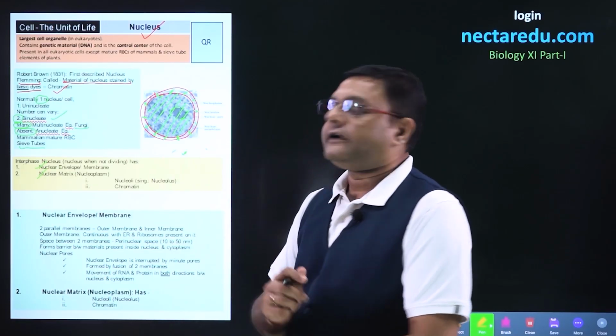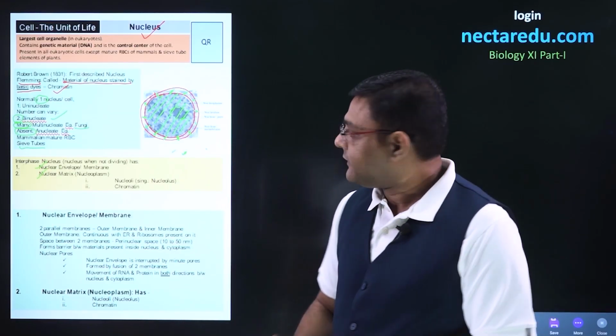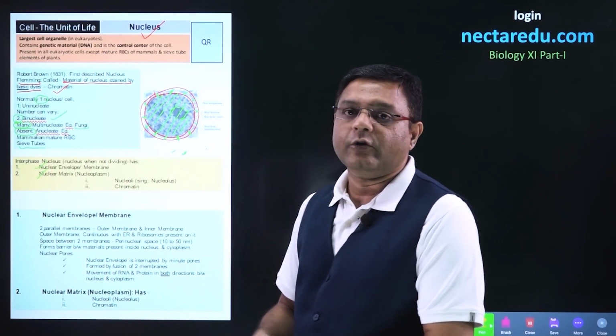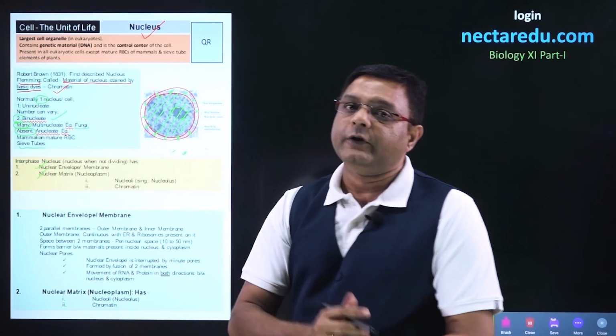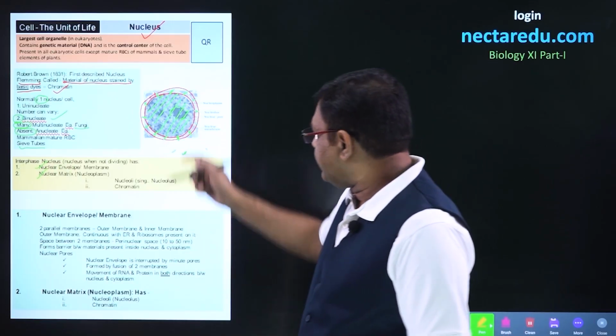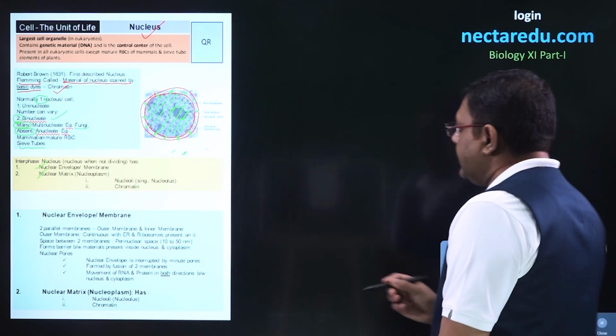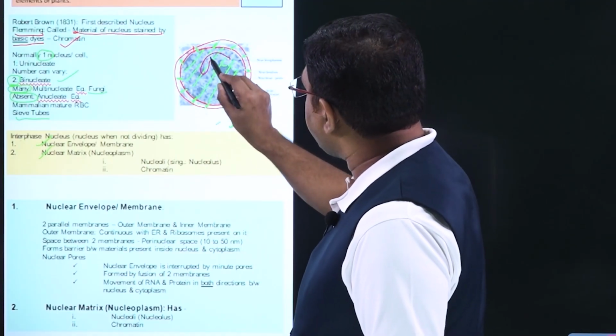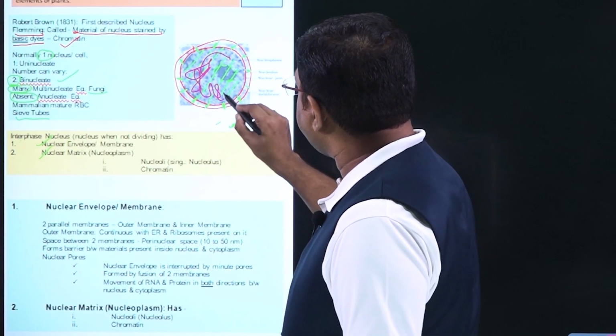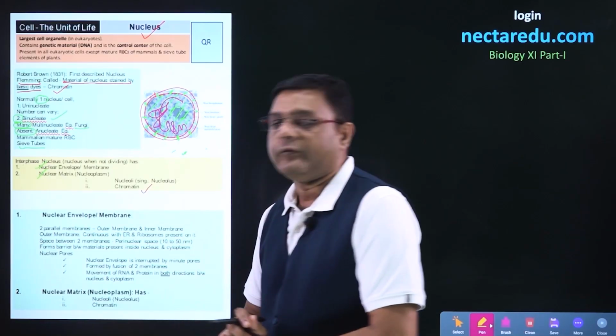Now, nuclear matrix or nucleoplasm has two parts. The first part is the nucleolus. The plural of nucleolus is nucleoli. It will also have some